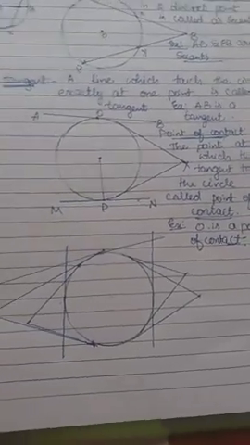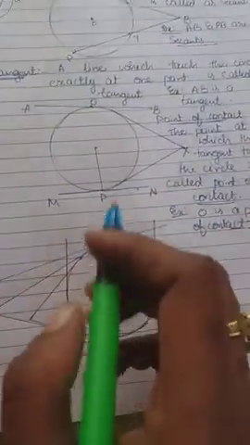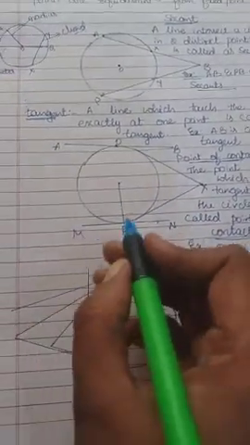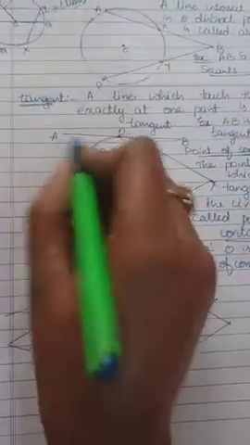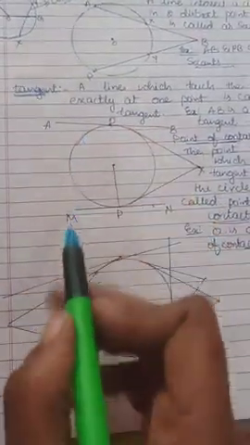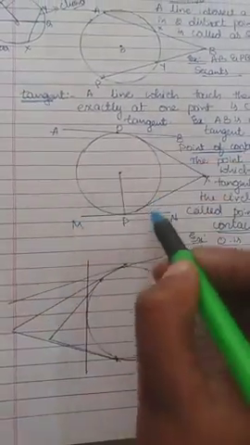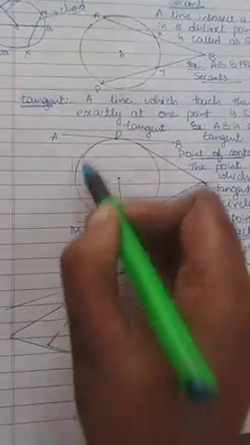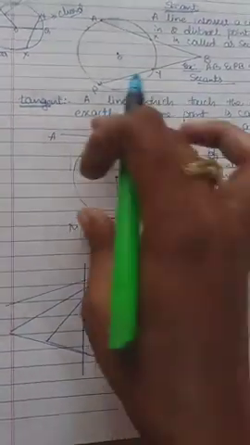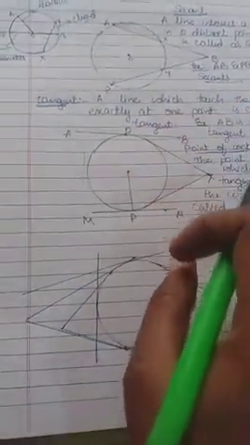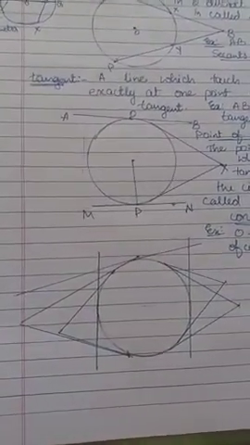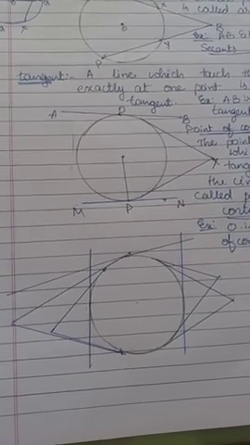And one more thing I want to tell you: one circle can have two parallel tangents, only two. Yes, you had a doubt actually. Here it's not possible to draw a third, because if we draw it like that, they can meet. Parallel means the lines never meet. So a circle can have two parallel tangents. That is very important.